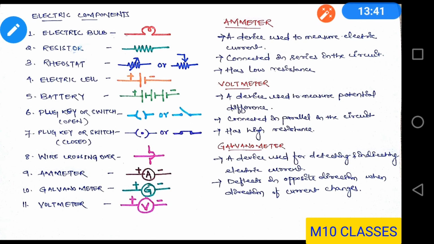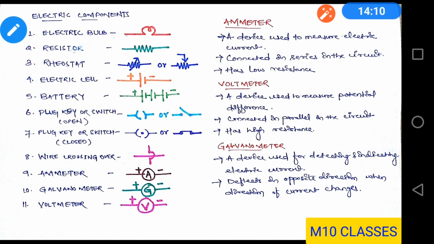So students, whenever you see an electronic circuit, you may find many components that are attached inside the circuit. But for now, at class 10 standard, you have to know about some components which are used in the electric circuit, and you will be able to know how they are utilized. So let us discuss some electric components.